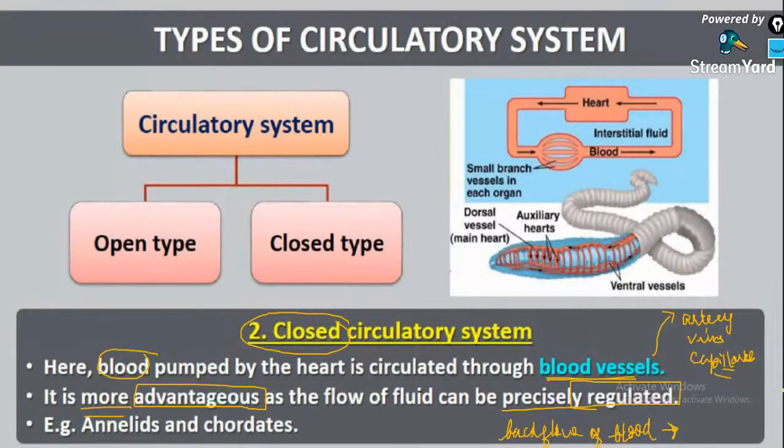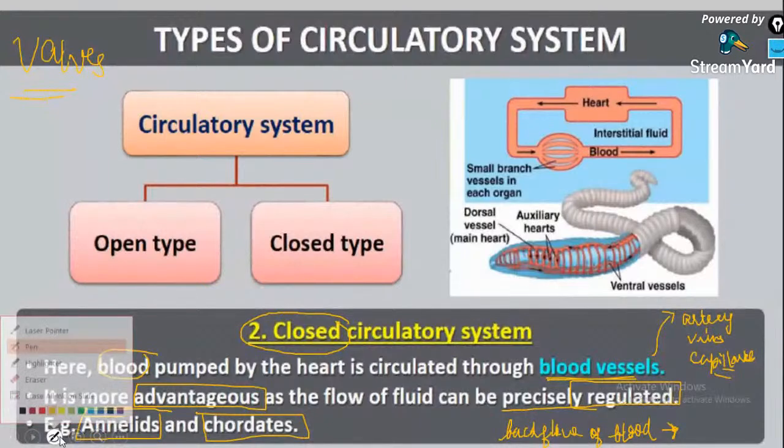Tell me. The backflow of blood in case of heart is prevented by certain structures called. No one knows the answer to that question also. The answer is valve. Have you heard about semilunar valve, tricuspid valve, bicuspid valve? Yes, absolutely, Mansi. It is valves. For example, you can see the closed circulatory system from phylum Annelida to phylum Chordata.